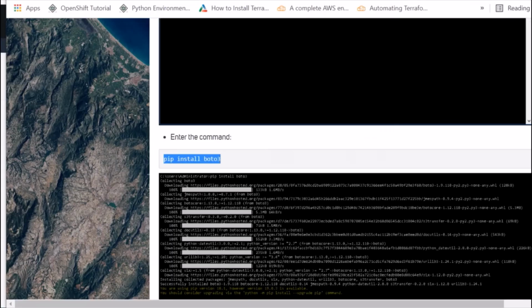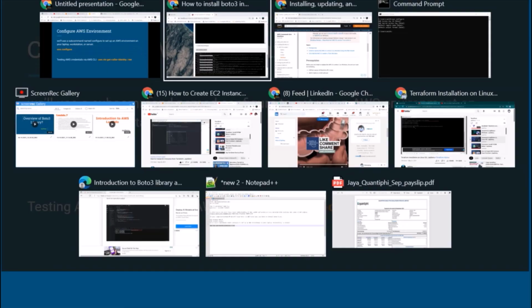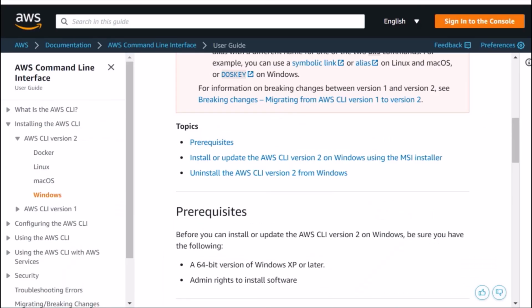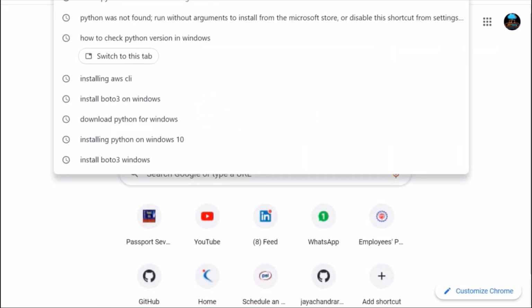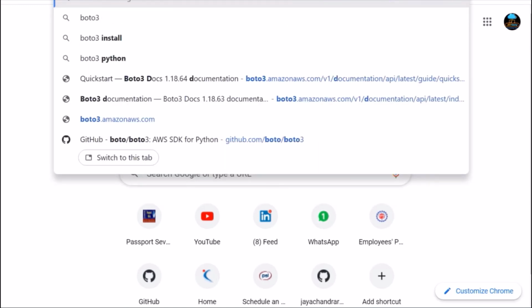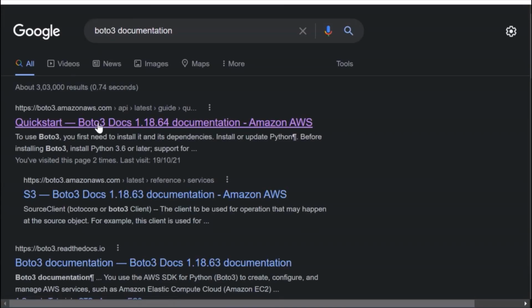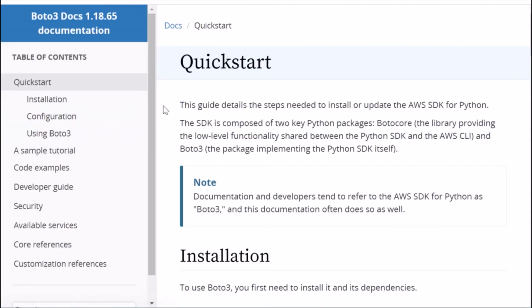Now I will also show you how you can go through the documentation, the Boto3 documentation. You can click on this and use the documents.